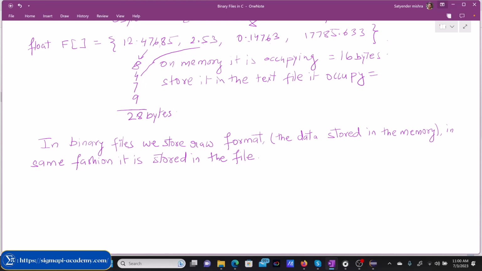So in a binary file, we store the raw format, the data stored in the memory, and in the same fashion,